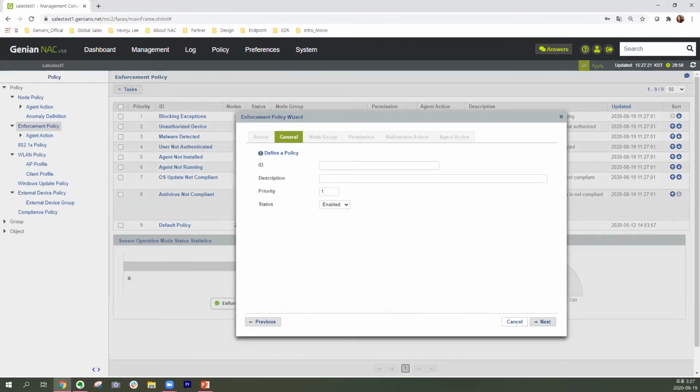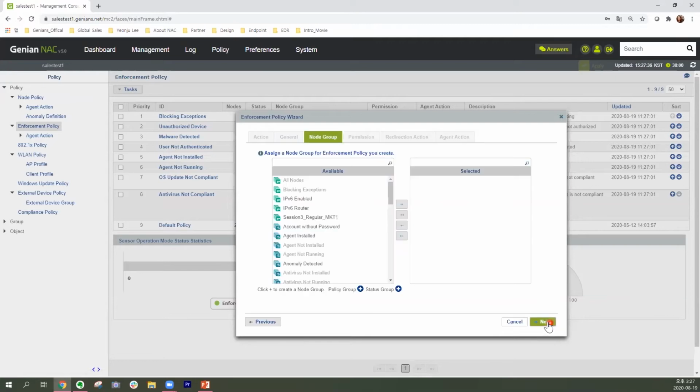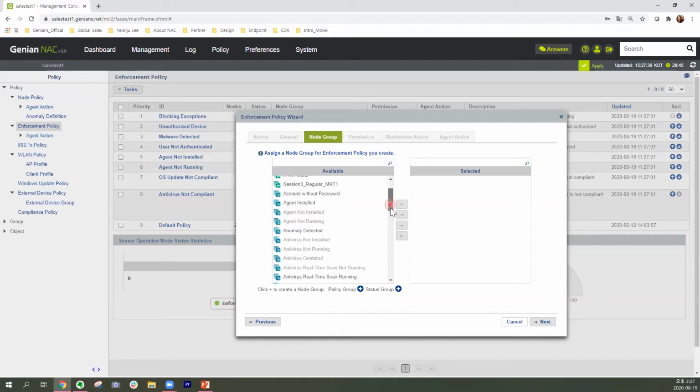So I'm going to make this policy name as Section 3 under control security setting, the marketing one, and click next. It is time to select the groups. As you know, in the enforcement policy, you can select both the policy group and status group, or either one of them. But we have already made the status group just before, right? So I'm going to look for that